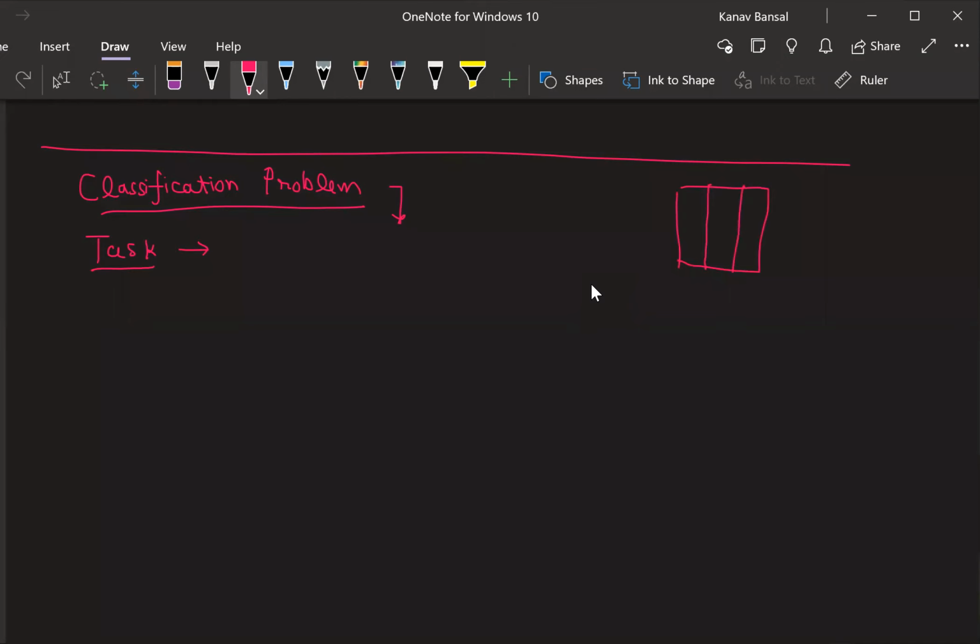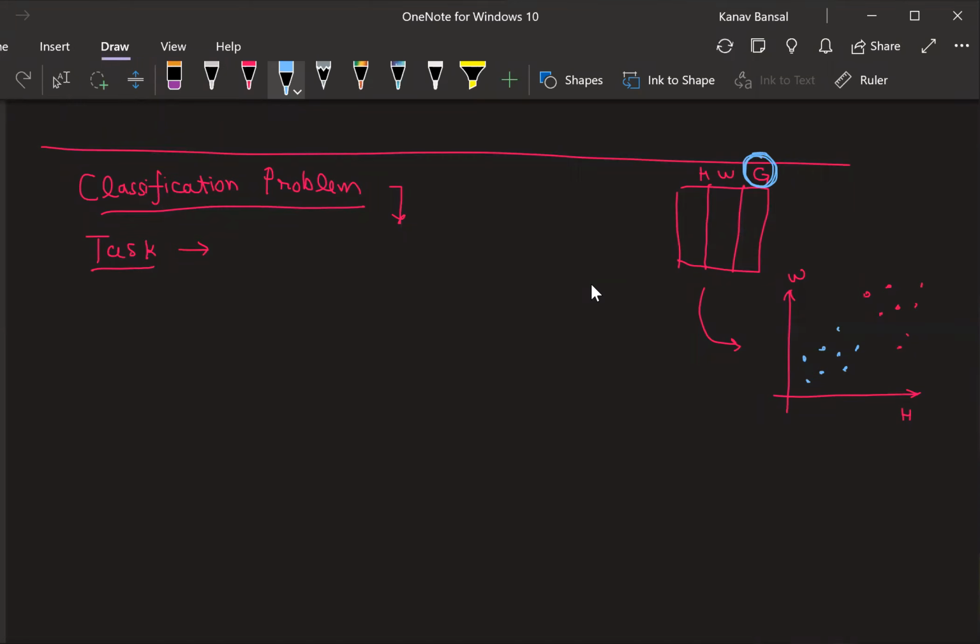Let's say I have some data containing height, weight, and gender information. I can transform this data onto an XY coordinate system, where X means height and weight is the Y axis, and I can plot this entire data like this. Now try to understand what my task is. My task is to predict the gender for any future data point, right?